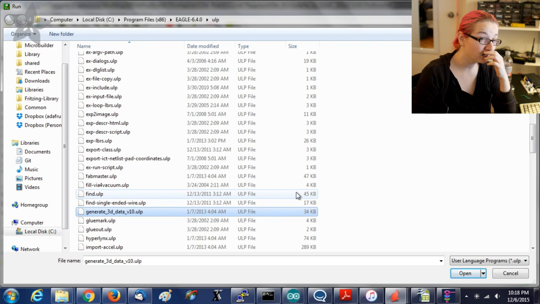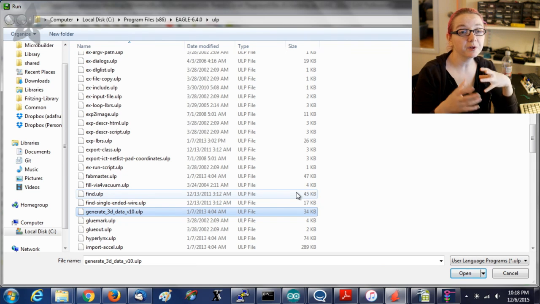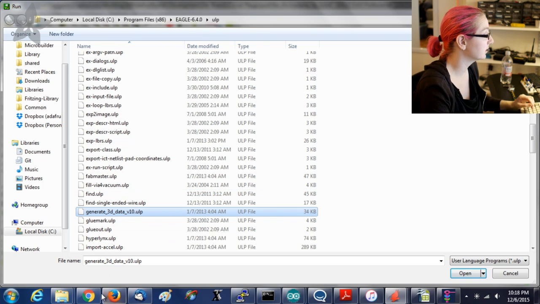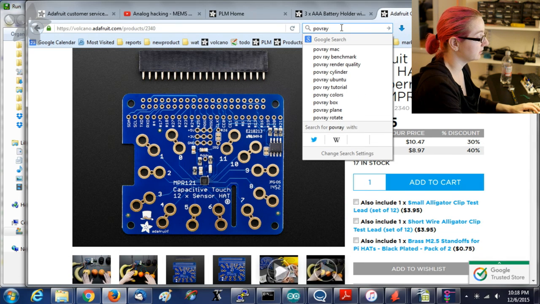I used to generate 3D models with Pavre, which is a free and I think open source 3D rendering program, and it's really cool. The cool thing about Pavre is it'll model the components as well. So I think if you search for Pavre Eagle 3D,